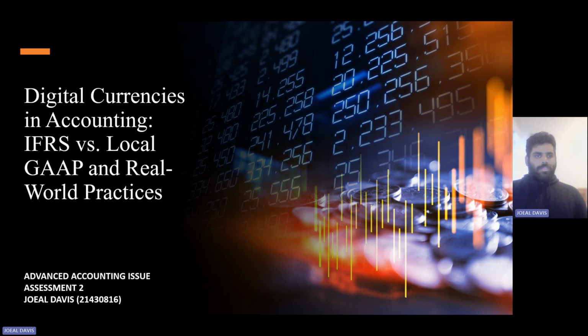So today I'm excited to share with you my insights on how digital currencies are being accounted for under different frameworks, especially focusing on International Financial Reporting Standards (IFRS) versus Generally Accepted Accounting Principles (GAAP), and how these are applied in real world scenarios. So let's start with the